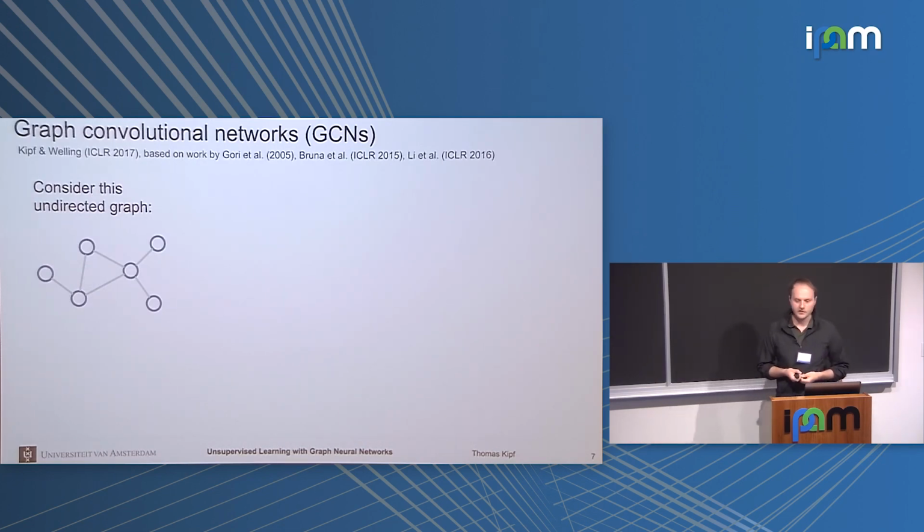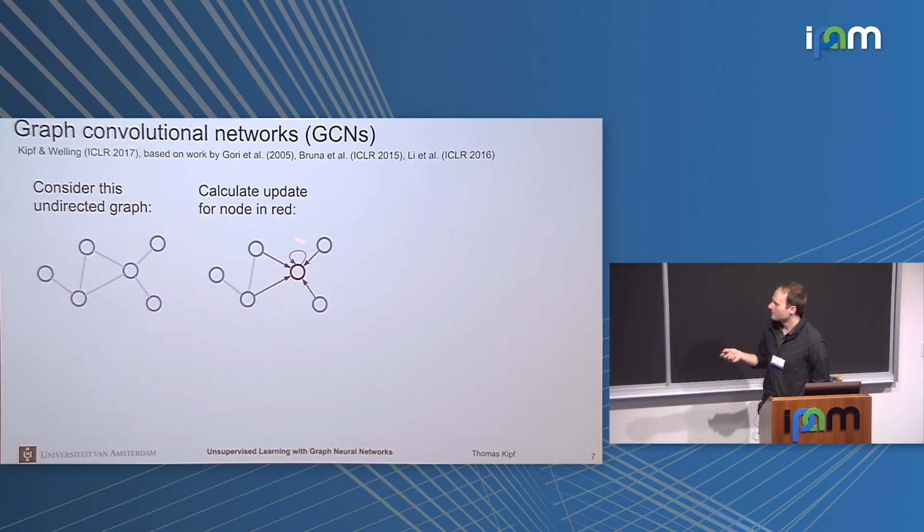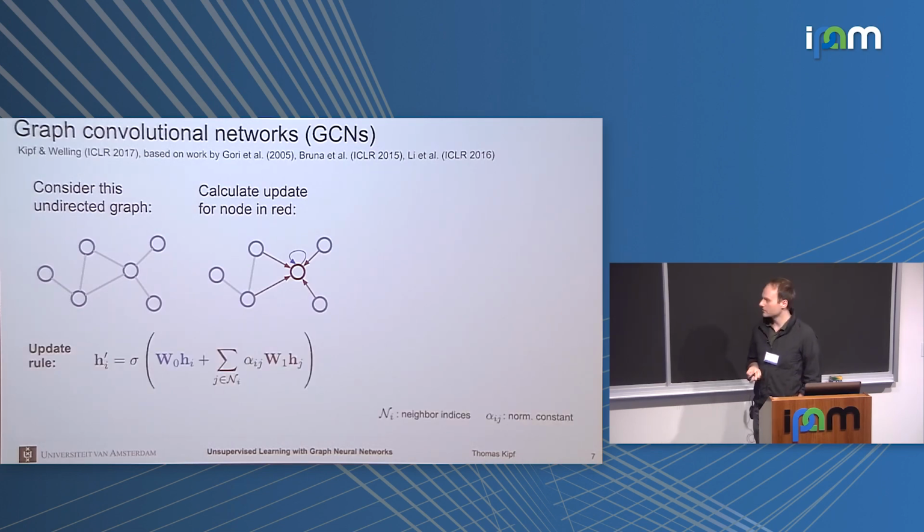So if you have some kind of graph with a richer structure, where you no longer have this nice symmetric grid structure, one model class that I refer to here as graph convolutional networks is related to earlier work on graph neural networks, which has quite a long history. But essentially the model looks as follows. You would like to learn a model on this undirected graph, and for this node in red, you want to calculate the update for the feature vector in the next layer. And again, you can solve this by a message passing function.